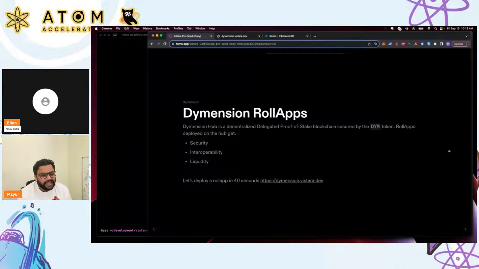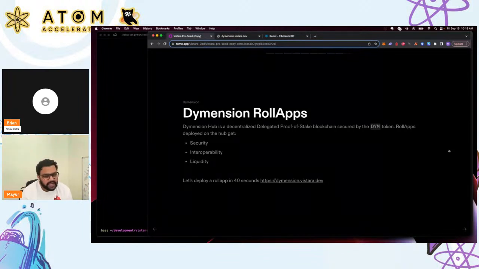But before that, Dimension, we also want to provide a similar analogy to Web 2, where Dimension is similar to a full stack web application where users interact with Rollapps, which is the front end, and the Dimension Hub acts as a back end and the coordinator of the system, and the data availability networks like Celestia and Avail provide a place to publicize the data.